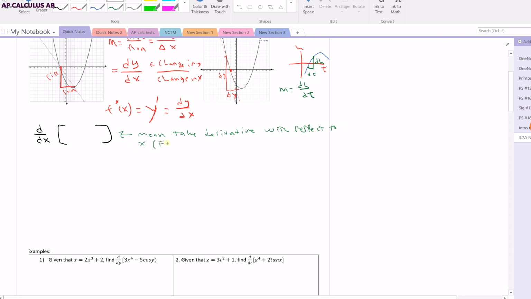Also known as find the rate of change with respect to x, right? WRT, with respect to x. And if we do some little problems here, if I say find the rate of change of x with respect to x, you can just treat this basically like a multiplication problem, right? This is going to equal dx times x, which is dx, which simplifies to, well, dx over dx is 1,